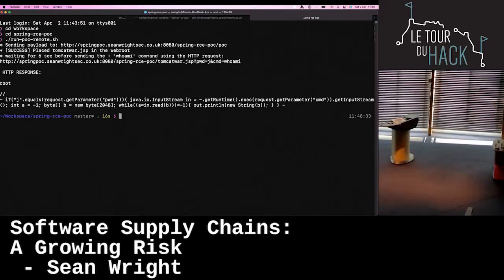Yeah, it worked. So we've got whoami running as root. So I can do the same now. You should hopefully get the password file.